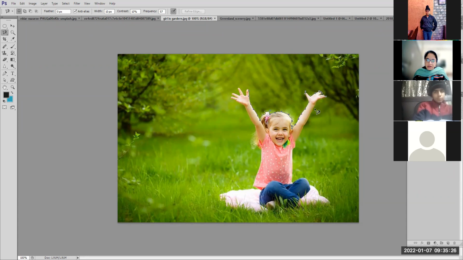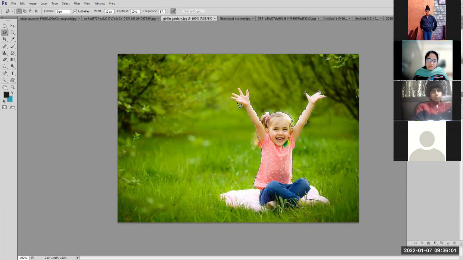Like this, I am just moving it. It will automatically stick to the borders. I'm not clicking now. I'm just moving around it.